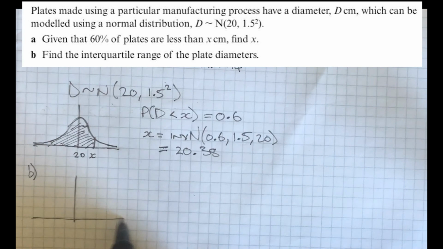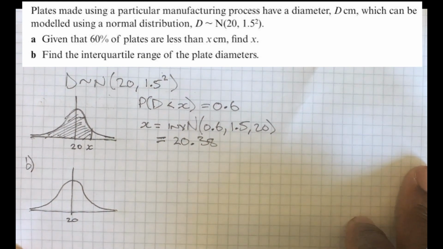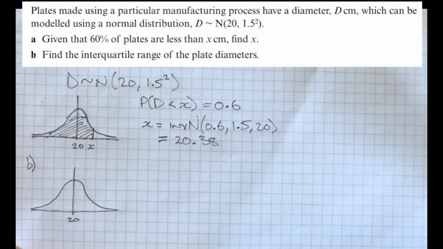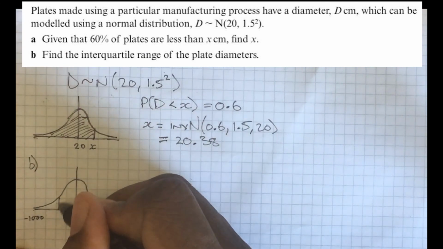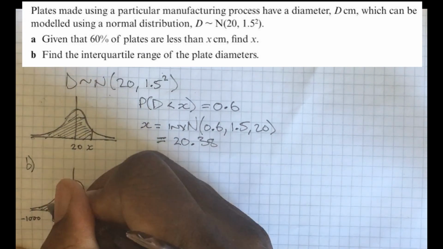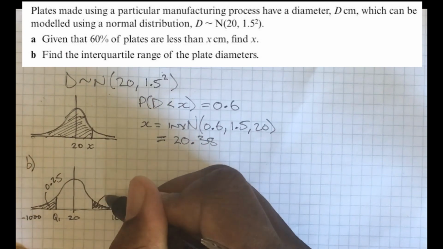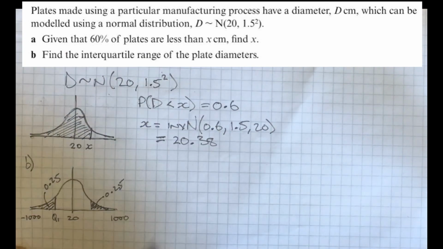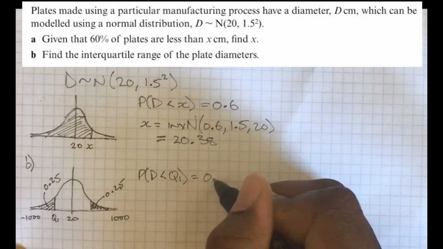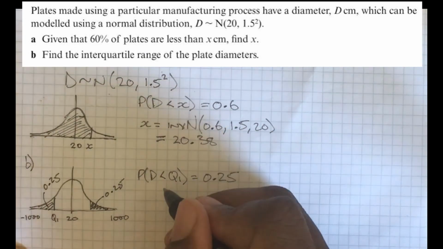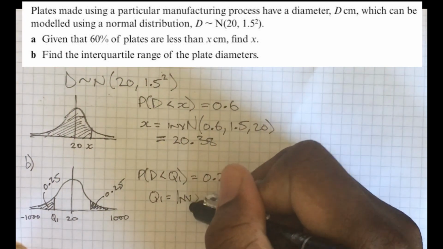Alright, so I mentioned earlier, and you should know already, what percentages relate to the interquartile range. The lower quartile has 25% below it, and the upper quartile has 25% above it. Alright, that should be useful. Lower quartile over here, I can mark on the percentage. The upper quartile, once again, I can mark on the percentage. Alright, the lower quartile should be the more straightforward of the two. I know that I'm going to use the inverse function and 25% along with the parameters 1.5 and 20. And that gives us a lower quartile